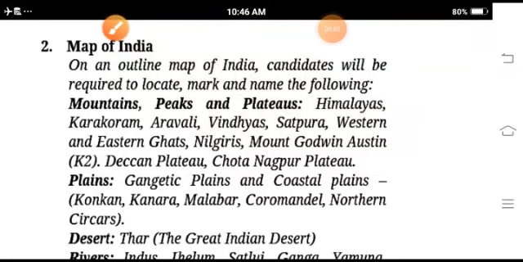Good morning, students. Today we are going to discuss the map work, the physical map of India, which is asked in your board examination.